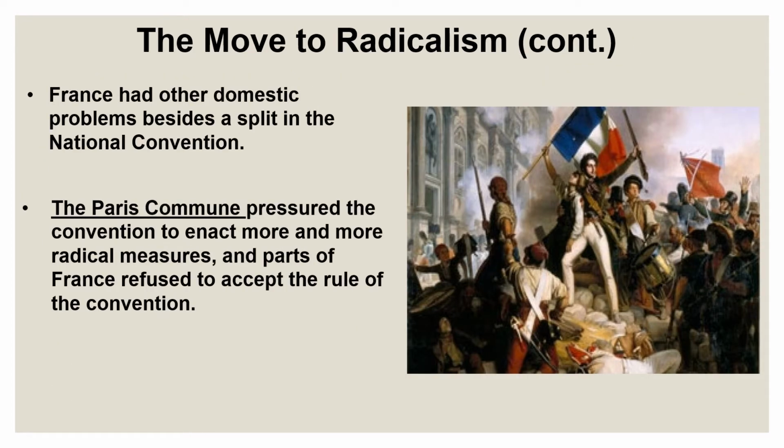France had other domestic problems besides a split in the National Convention, which is what is now called instead of the National Assembly. The Paris Commune, like we talked about before, those working class poor people, those sans-culottes in Paris, began to pressure the convention to enact more and more radical measures. They were like a civic organization, if you will, that was pressing the elected officials to do more. And parts of France actually started to refuse to accept the rule of the convention. The Paris Commune gained more and more support, even outside of Paris, and the National Convention seemed to be losing